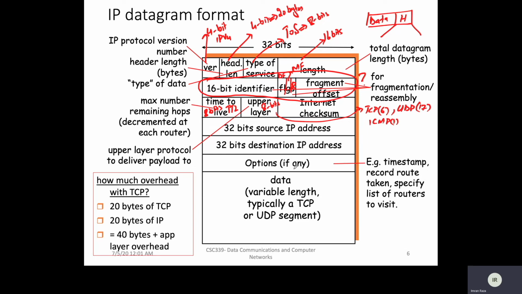And here we have the options field, and in this options field we can use timestamps, we can record the path taken to reach the destination, or we can list the routers that we need to visit in order to reach a specific destination. And this 16-bit internet checksum is for error detection, right? And then we have the payload field, and this payload field has data of